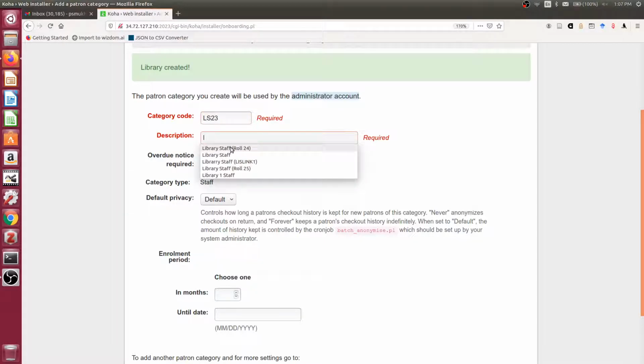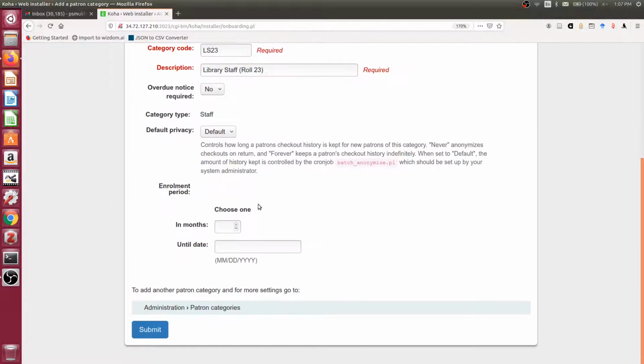Then library staff roll 23, say 60 months. Now submit.